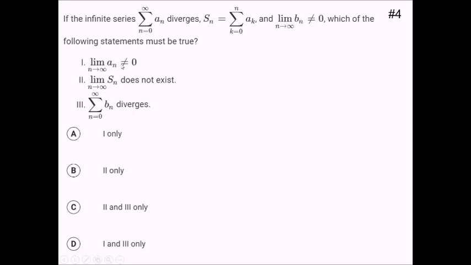So going through now these different options here. First one, limit as n approaches infinity of a sub n does not equal 0. So they're basing this on the fact that this series diverges. However, the fact that this series diverges does not imply necessarily that the nth term is 0. There are lots of diverging series that do not fail the nth term test. So this one is not necessarily true. Certainly, if this statement here were true, then we could conclude that the series diverged, but it doesn't work